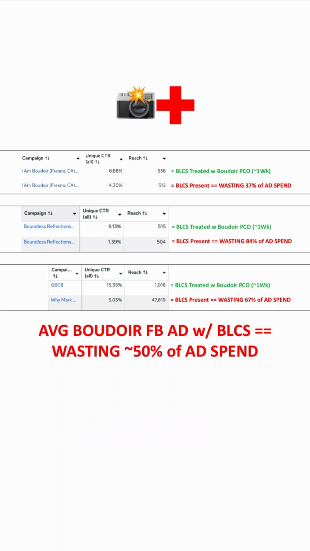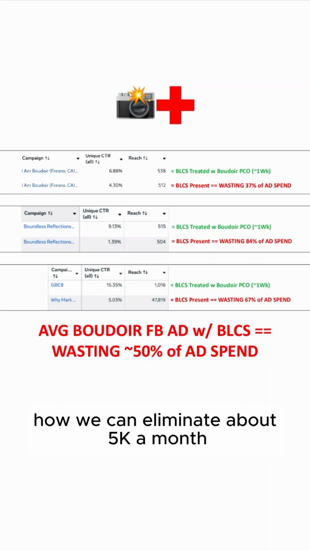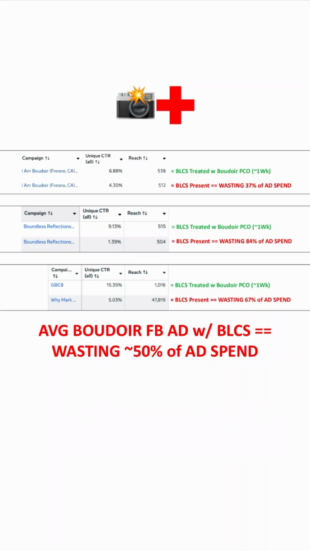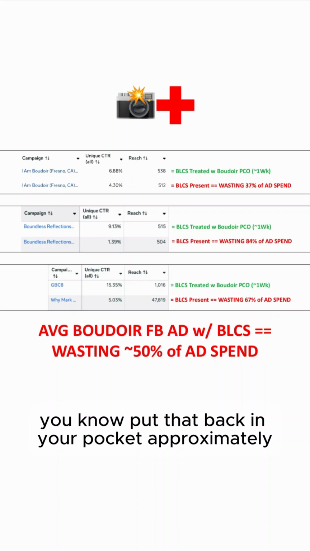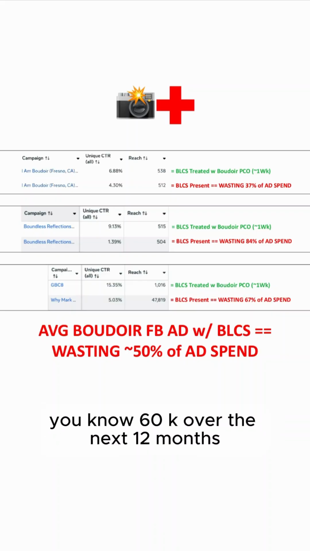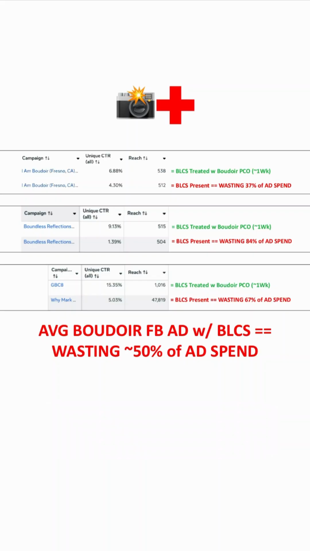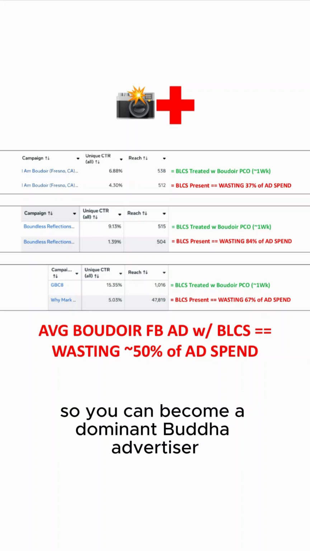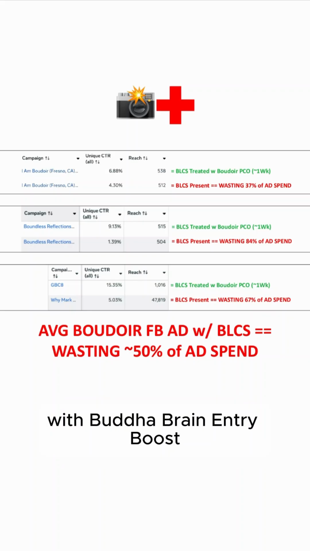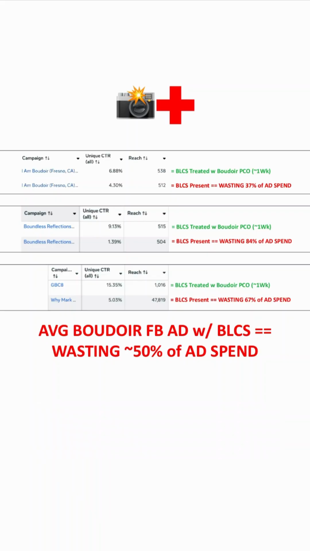Well, actually, you've seen how we can eliminate about 5K a month in wasted boudoir Facebook ad spend. Put that back in your pocket. So that'd be approximately 60K over the next 12 months. Put that back in your pocket instead of Zuck's, so you can get a phantom bonus. No extra effort on your part. And you want to achieve pre-click alignment so you can become a dominant boudoir advertiser with Boudoir Brain Entry Boost to help you on your way to becoming the number one boudoir photographer in your city. Then shoot me a DM